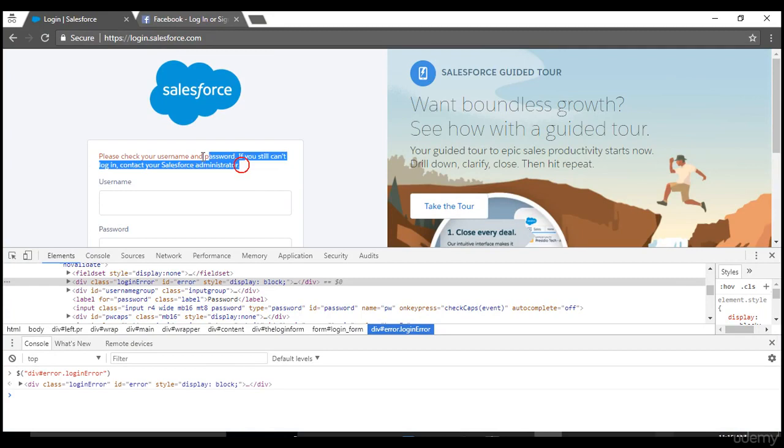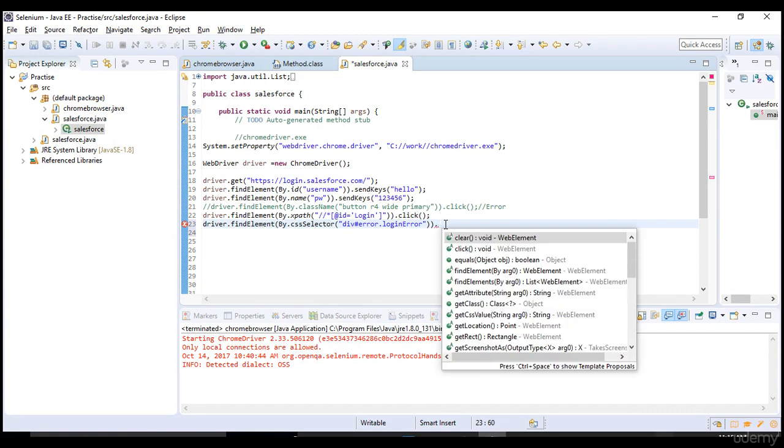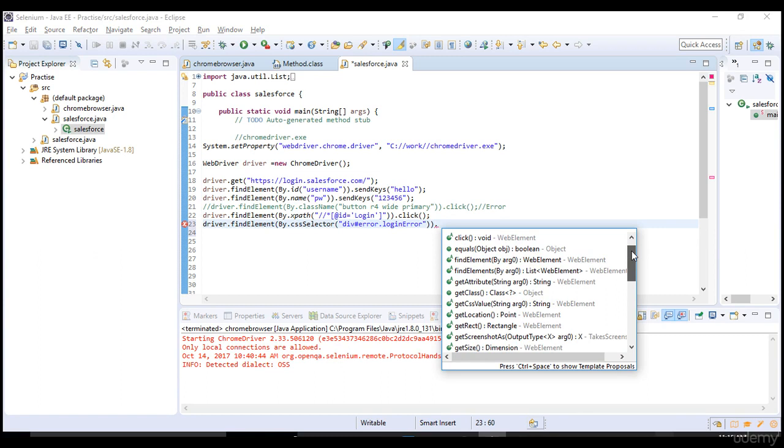You want to grab this text. Okay, you want to get this text, right? And you want to print it in your output. So if you want to get that text from here, you have to tell which is the right method. I will not tell this time. I'll just type dot, and you will get all the methods. Select the right method which you feel is the right one to get the text. I'm scrolling down. You can have a view on my window and try to guess. How do you get the text from that error message?